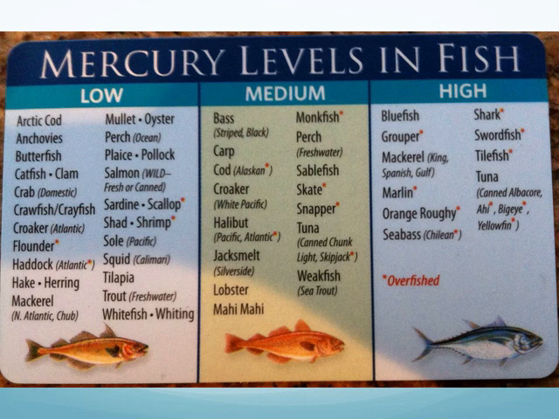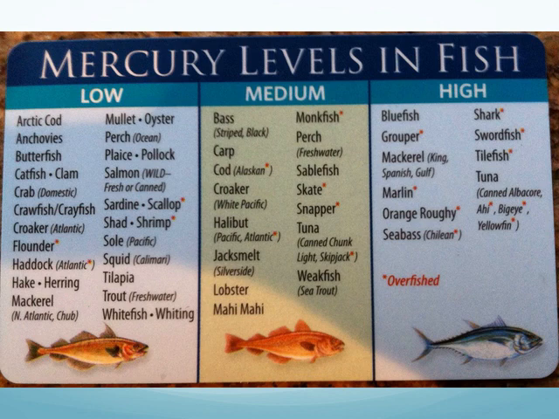All right, so you can find this. It's a small little wallet-sized card that you can find at the majority of grocery stores and any place that tries to make you aware of what mercury levels are within fish. As you can see here, there are 3 different categories: low, medium, and high. For everything within the low category, there's no limit on the amount of fish that you can eat, because the mercury concentrations are very low.